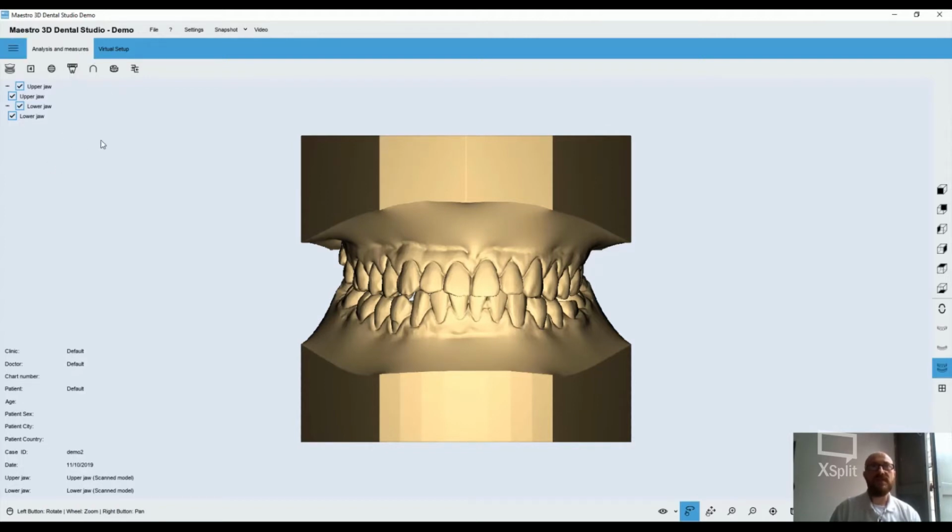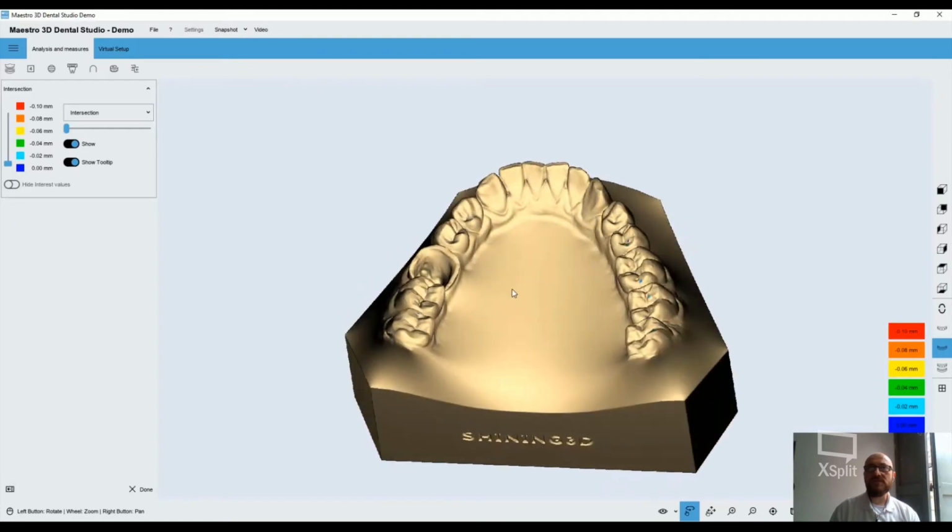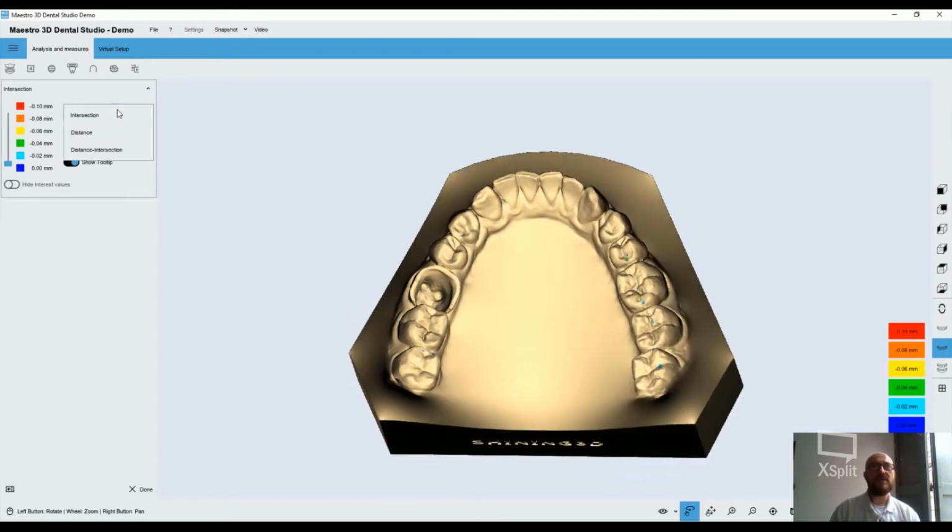So the second tab, this one, is called Analysis and Measures, and different tools are available in order to perform this analysis. So the first is for performing occlusion inspection. As you can see here,